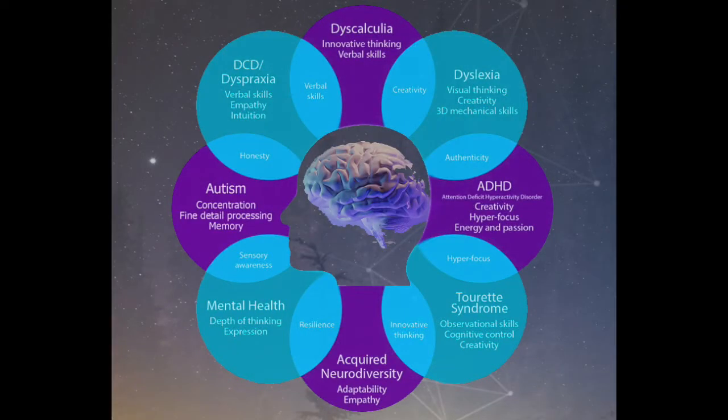Diagnoses included in neurodiversity are listed here, but definitely aren't limited to these. It can include things like autism, dyspraxia, ADHD, Tourette syndrome, dyslexia, and many other things. This really makes us take a closer look at everyone as an individual. We all have brains, they are all different from one another. And so we're all going to experience the world in different ways and need different things to be successful within